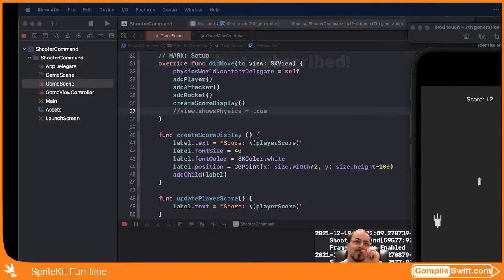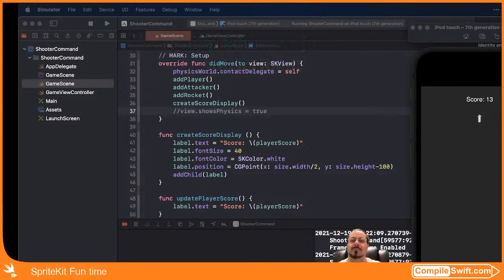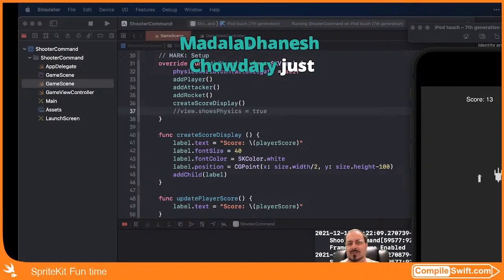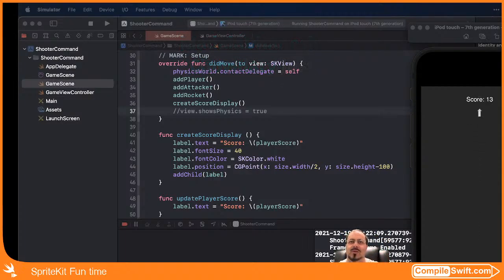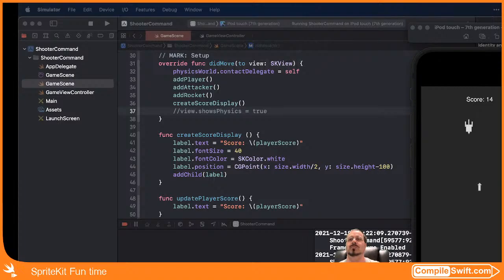I'm thinking this would be one of those, instead of levels, infinite shooter games, right? It just keeps going like this. And there'll be different waves, different things, whatever. But instead of levels, it just keeps going. And maybe when you miss shooting it, the attacker gets past you without you hitting it with a bullet, you lose something from your score, right? So your score is going up and down depending on whether you hit something or whether you miss it. And by doing that system and this kind of infinite play approach, you can keep playing it for as long as you want, or you can go away and come back and